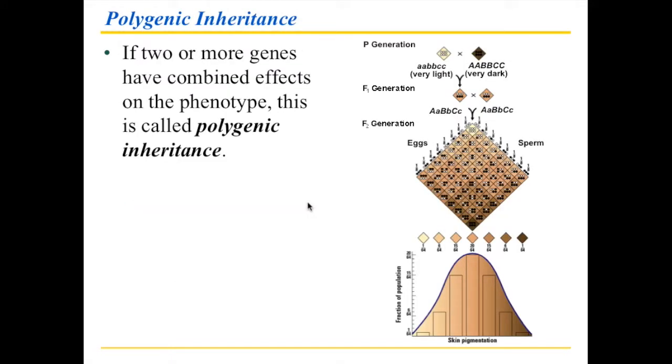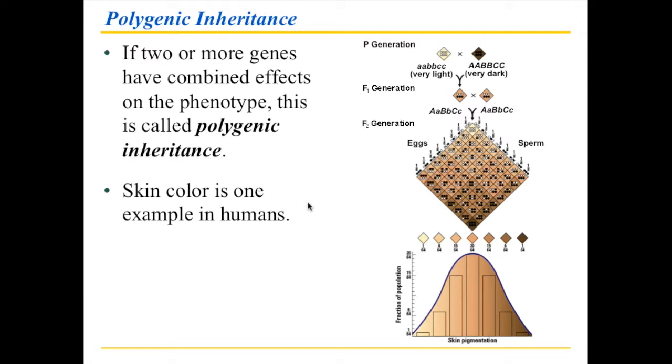And then lastly, what happens if you have multiple genes whose effects, when combined, have an impact on a single feature? Human skin type is an example of this. Skin color in humans is actually produced by 3 genes. And if you studied this, you would see something like what's shown here on the right, where you have a parent generation and there's the 3 alleles, and you start with the homozygous recessive for each, and you make it to the homozygous dominant, and this ends up being a trihybrid cross.